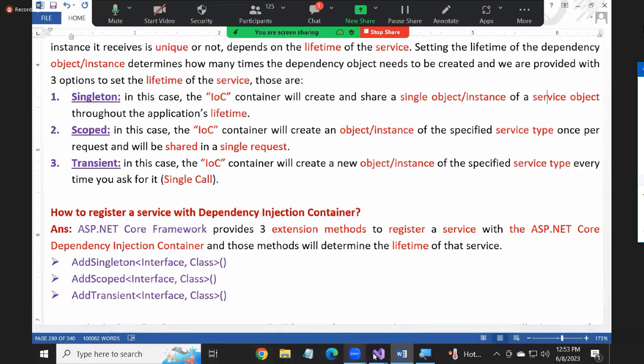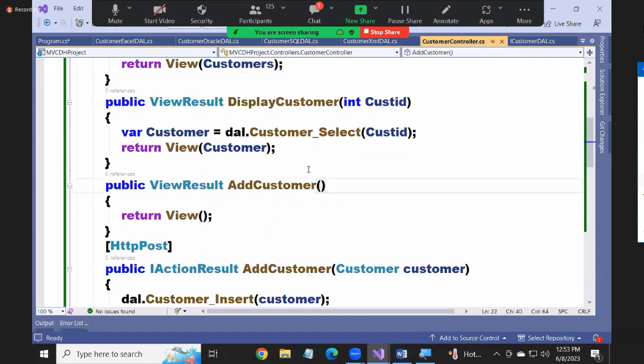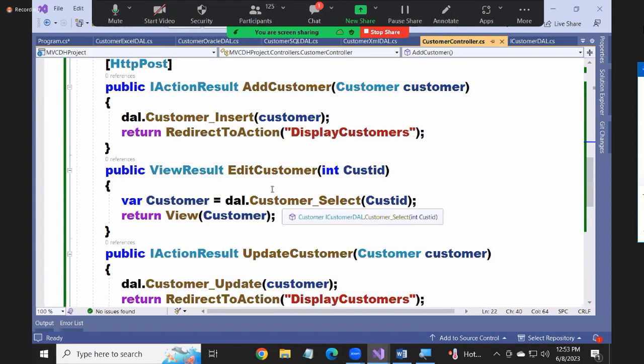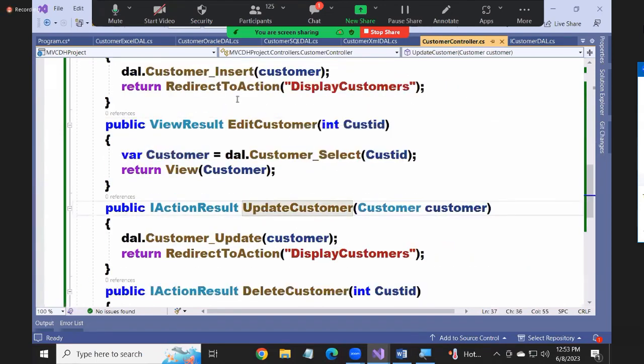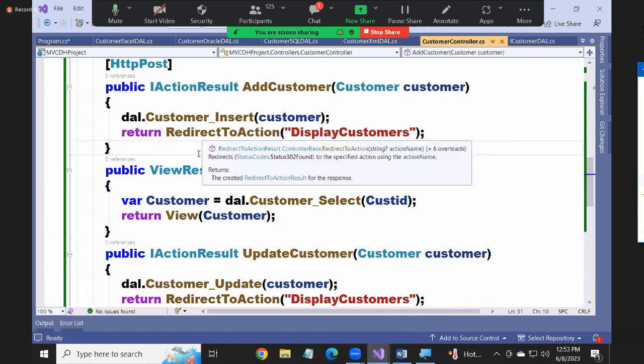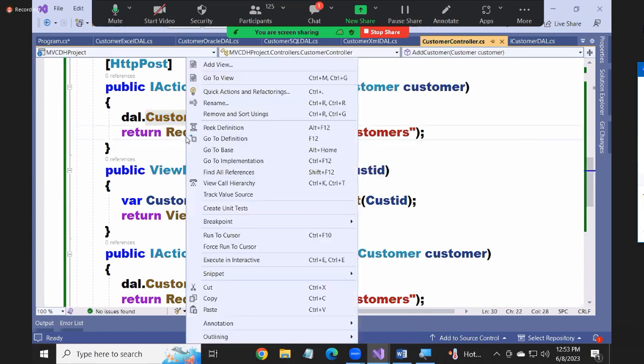Watch it. The best example is, look at this display customers, or look at this edit customer. Watch this, update customer or add customer. You have 2 calls here. What are the 2 calls? One call. This is one call. Am I correct? Now it will redirect to,